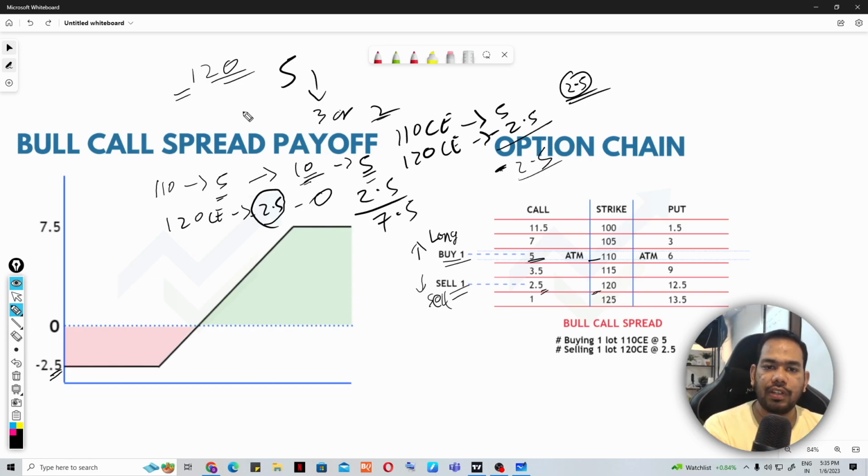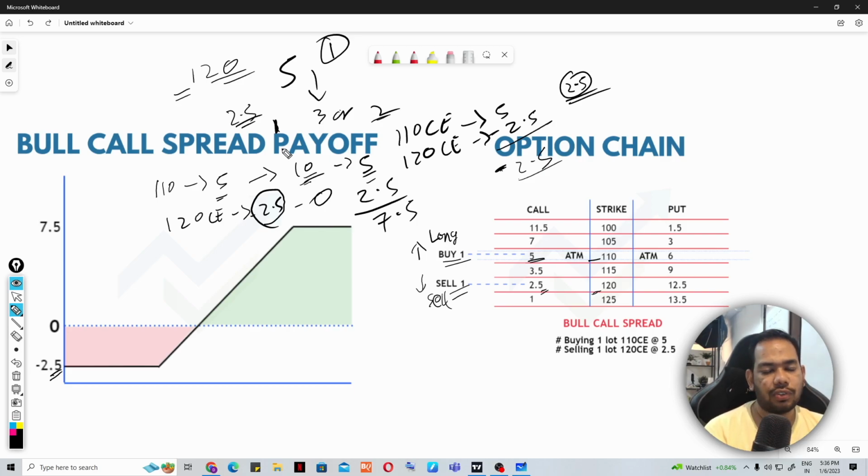And in the particular case which I am discussing right now, if you would have sold the 2.5 rupees option, it would have gone to 1 rupee. So we would have only faced a loss of, let us say, 1 rupee, if we were going with the bull call spread, or any spread in that scenario, when we are not very confident about the timing of the breakout. So guys,